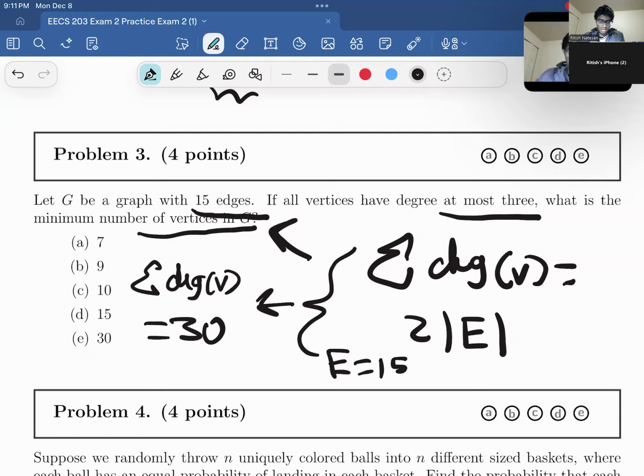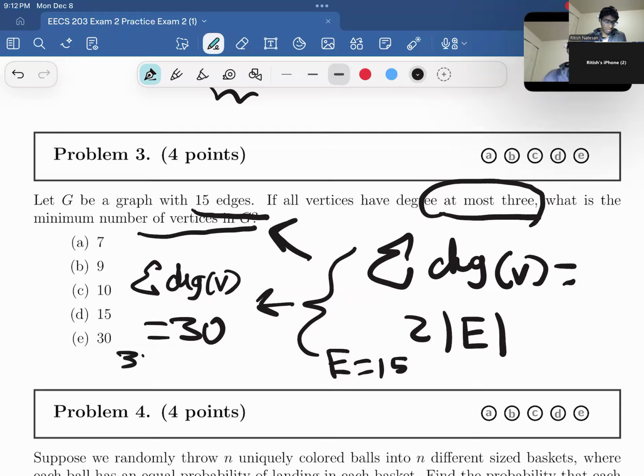The next thing this problem says is that all vertices have a degree of at most 3, and asks for the minimum number of vertices. We can think of it like this: if we want to minimize the number of vertices, then we want to make sure that each vertex has the highest degree possible. This problem states that the highest degree that a vertex can have is 3. So assuming that each vertex has a degree of 3,